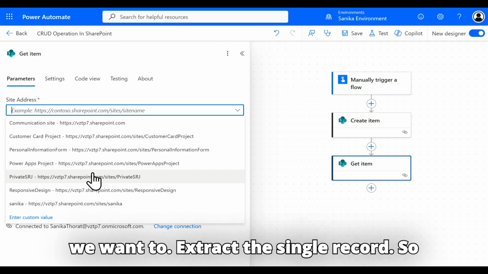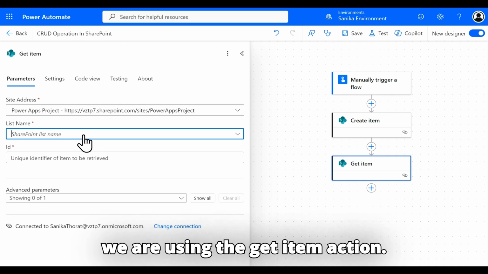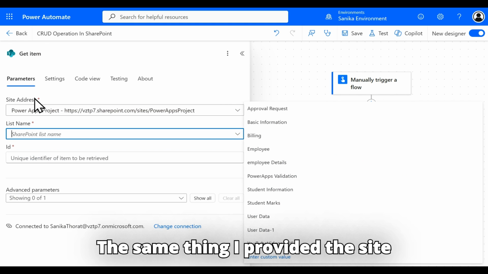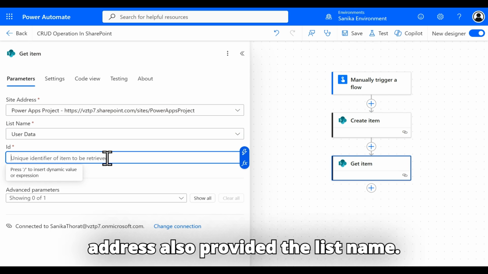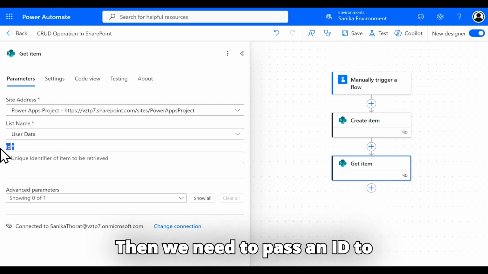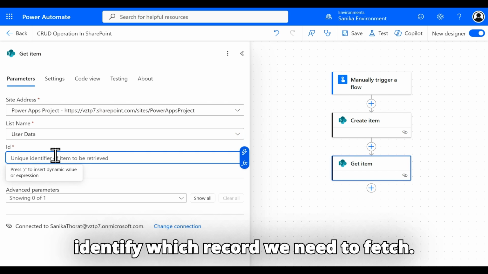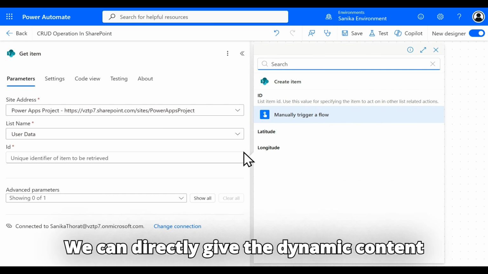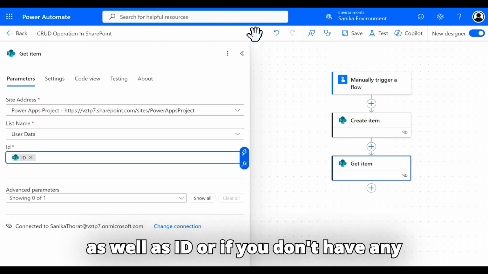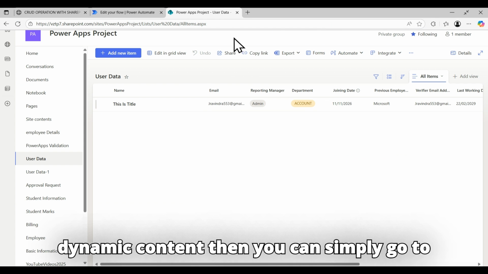So currently we want to extract the single record, so we are using the get item action. The same thing, I provided the site address, also provided the list name. Then we need to pass an ID to identify which record we need to fetch. We can directly give the dynamic content as well here, ID, or if you don't have any dynamic content, then